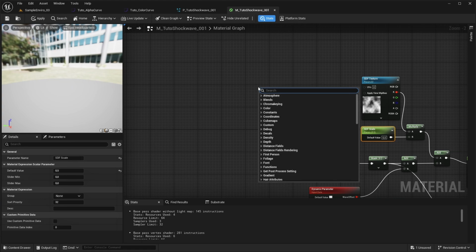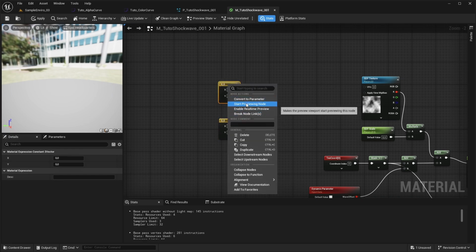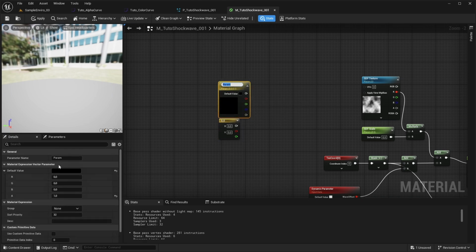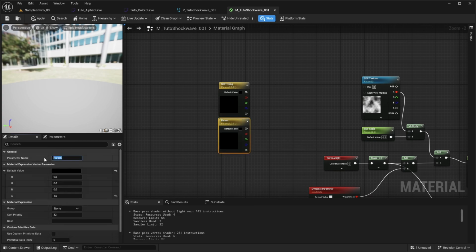For that I will just create two constants that I will promote and rename, so convert to parameter, rename it tiling SDF, and this one promote, that will be SDF scroll speed, like this one.